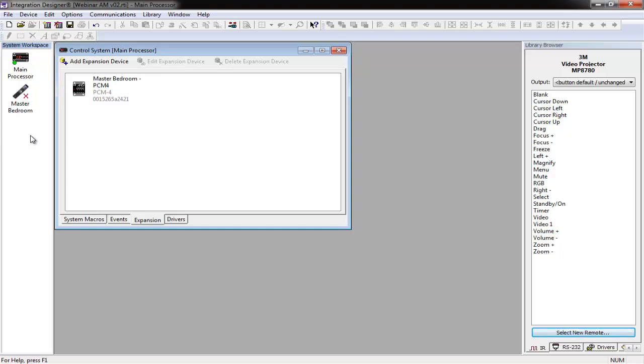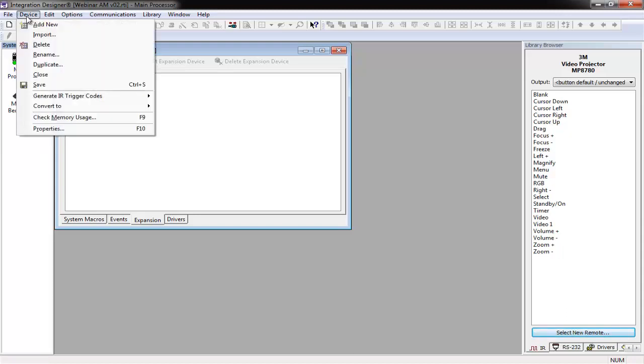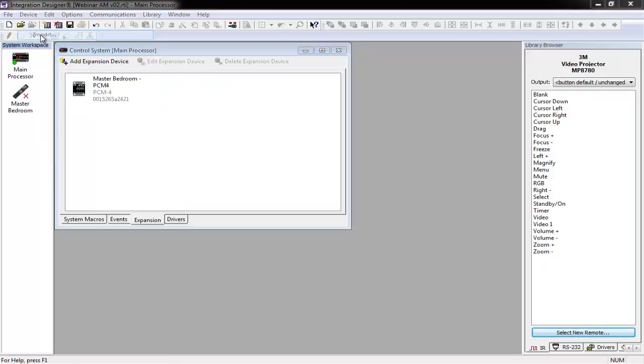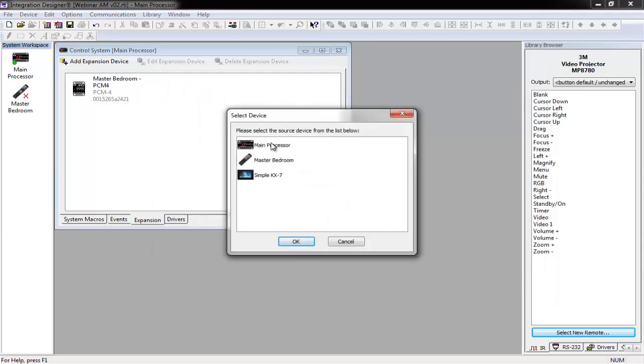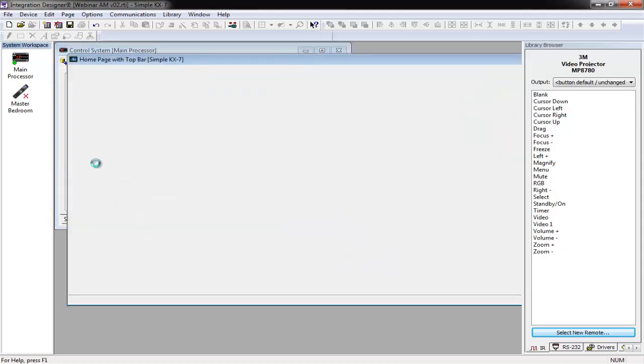Case in point, if I had created a KX7 in another project file that I wanted to import into this project, I simply need to go to Device, Import, or we could right click and select Import, and then choose from the device itself. So for example, in my client files here, maybe I go to Test VO2 as an example, and you'll see all the devices in there. So there's my KX7 that maybe I want to use. I could select that KX7, and it will pull in